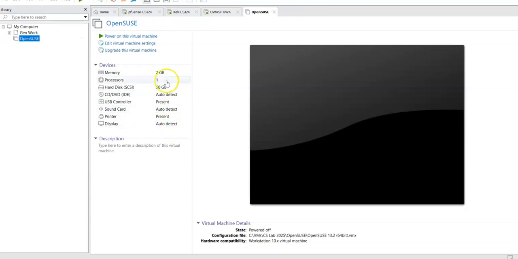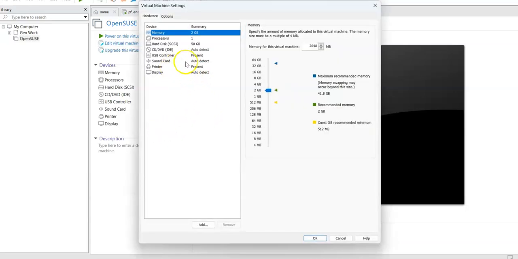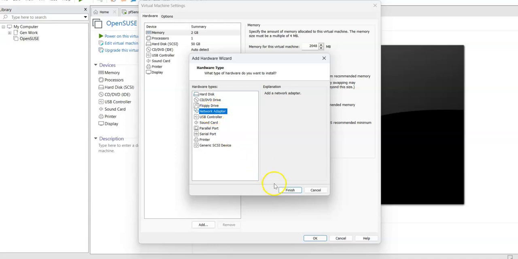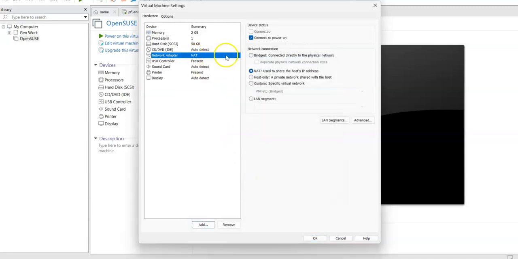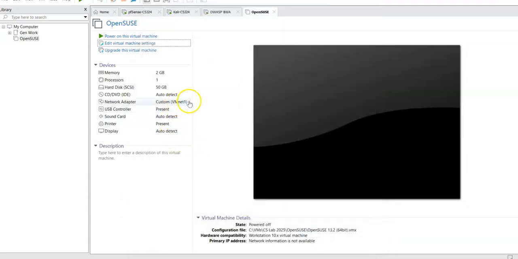But for some reason, I don't see any NIC card here. So I'm going to add a NIC card. If you click on the settings, and then say add network adapter, and that network adapter, I want to connect it to a network, VMnet1, and that now has a NIC card. So if we now boot the machine,